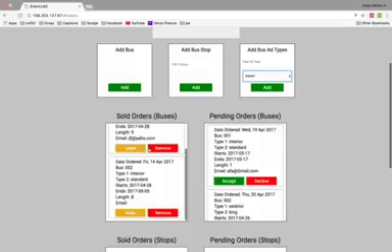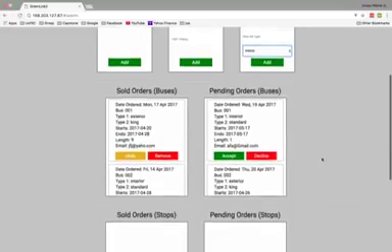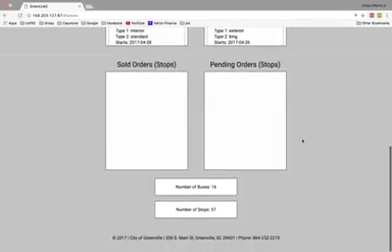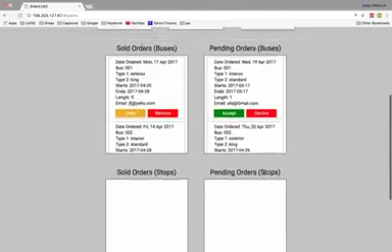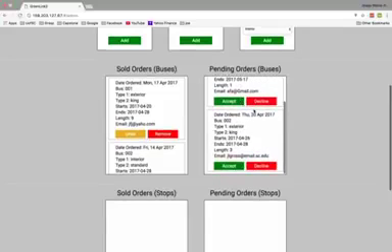So they can move these orders into pending, or they can move pending orders into accepted. They can remove from either, which will open up those dates again on the calendar. Right now there are no stops that have been added. This will tell us the number of buses that are available and the number of stops that are available. So if we check, we'll see that here on April 20th is the one that we